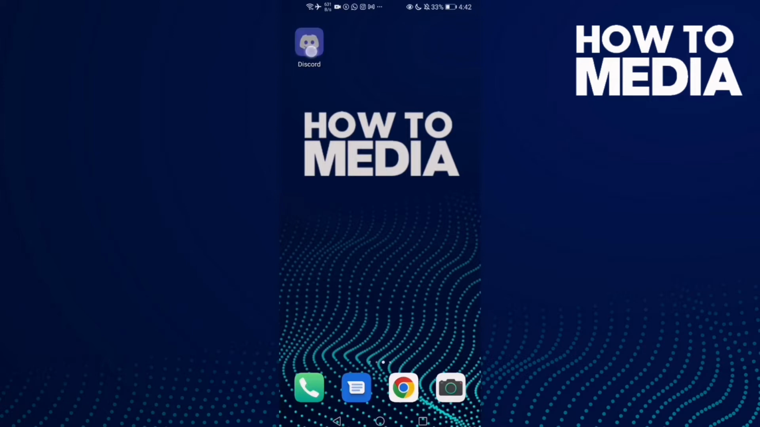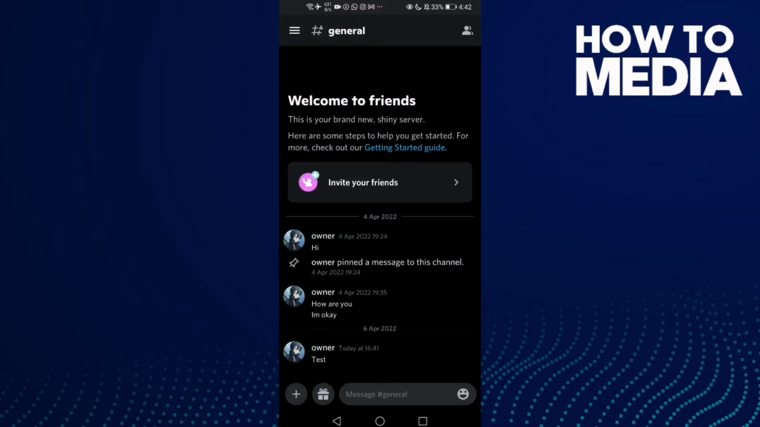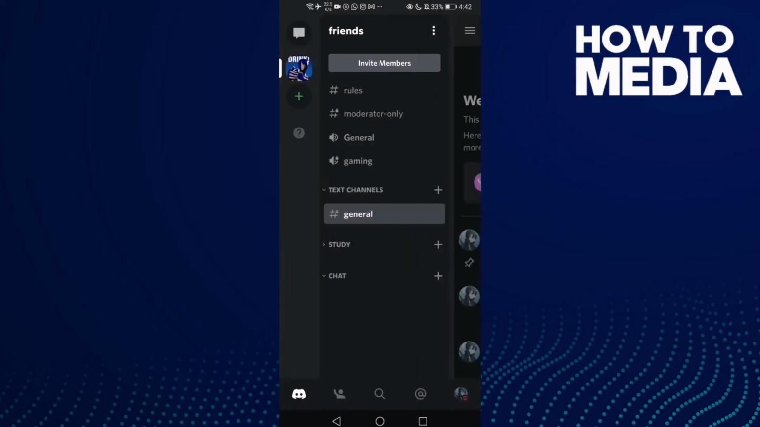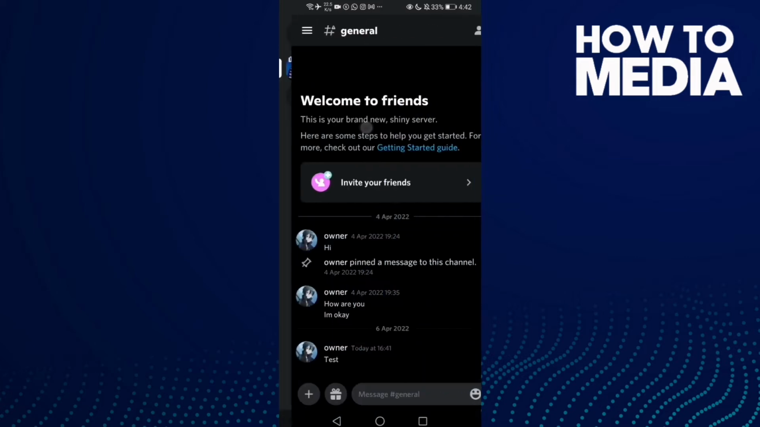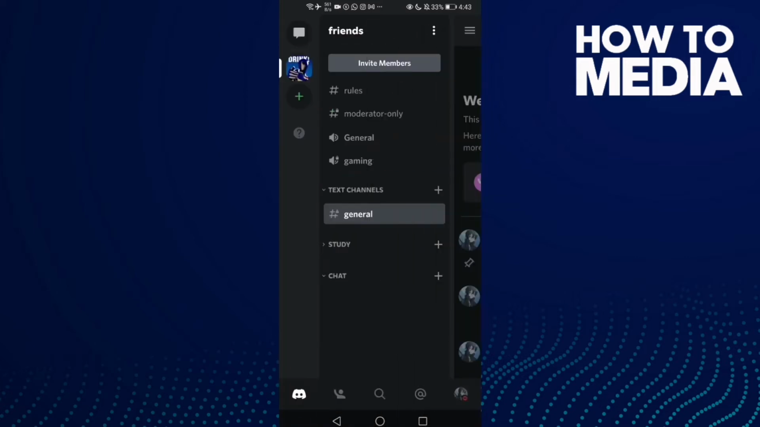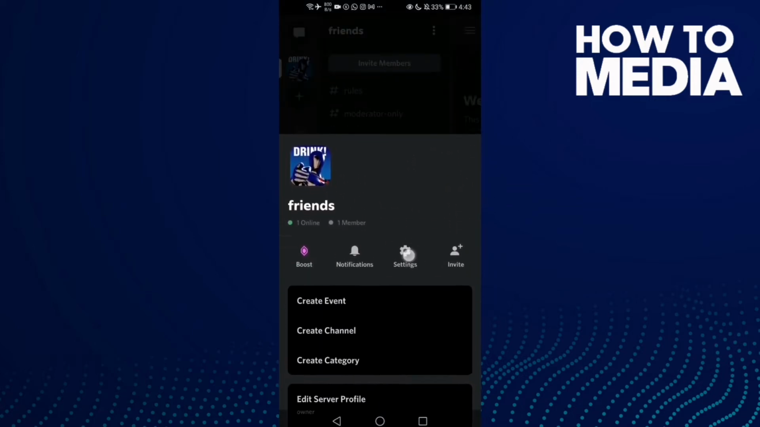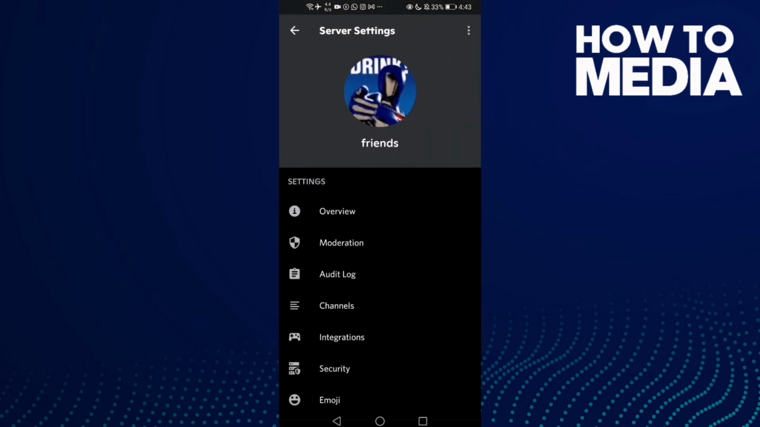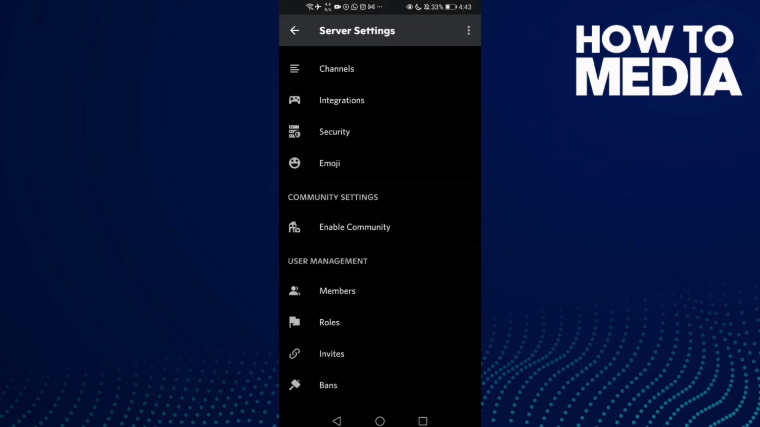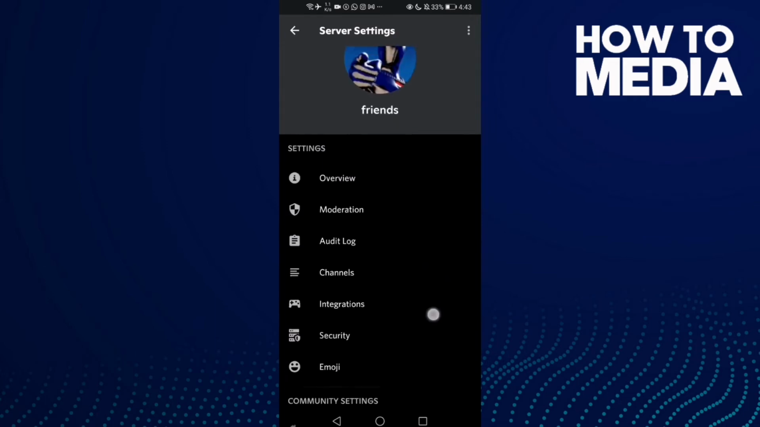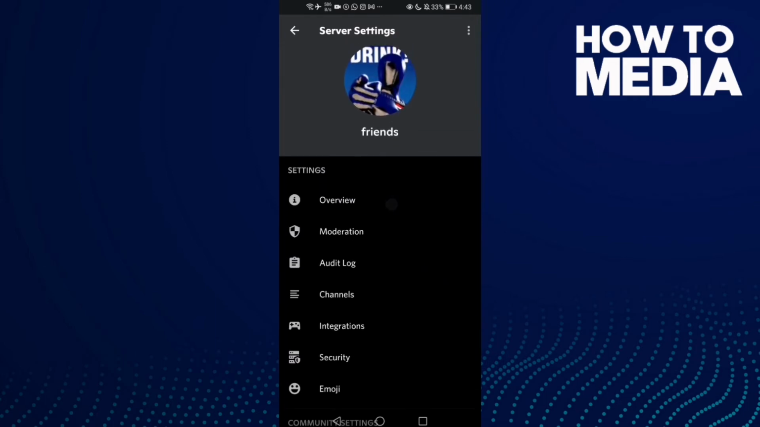First go to Discord and then click go to your server, and now click this one, and then to go to the setting click this one, and now you need to find overview, this one, click on it,